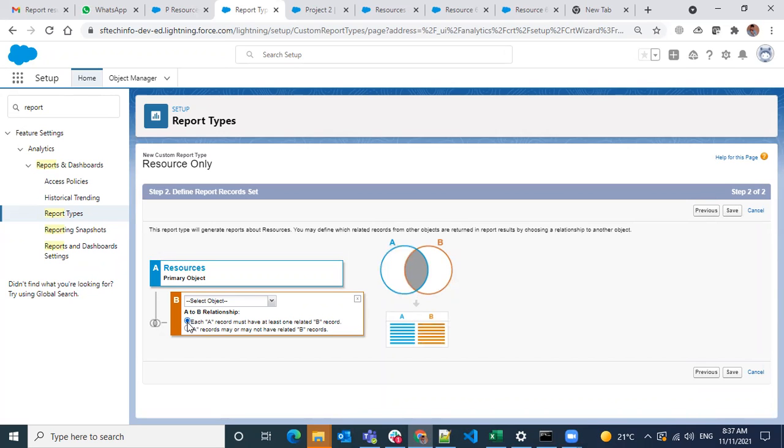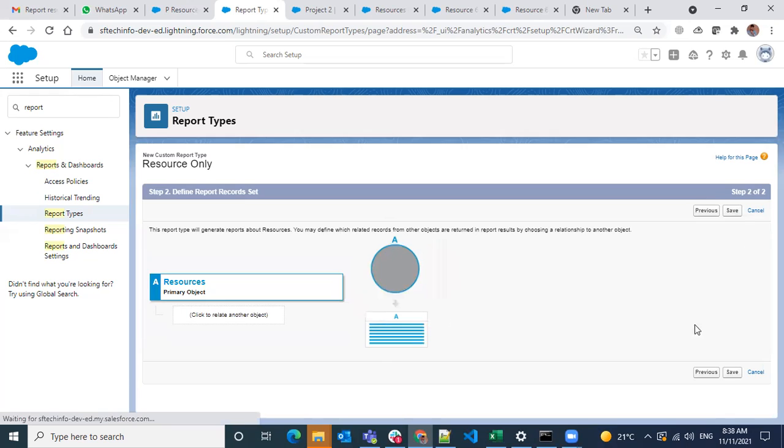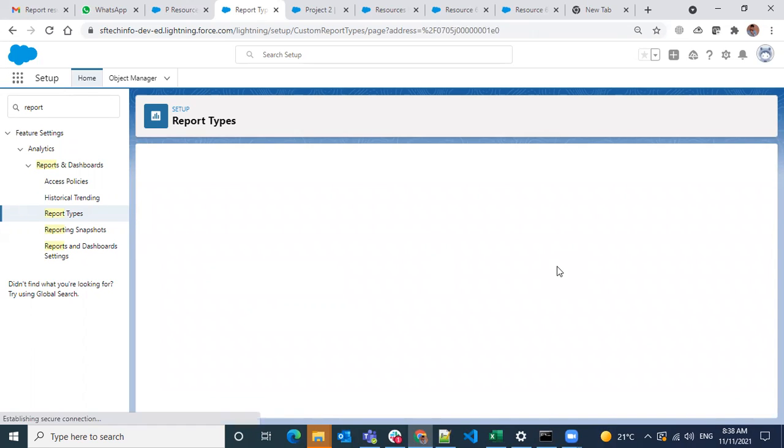If you select the first option, it will only select the intersection. That means it will display the records A which have at least one child B. Only that is going to display. So based on the report type that you're selecting, your data will be dependent. You will not see all A data, you will not see all B data. If you have a proper relation between those, only this relation will be given over here. For now, I'm not selecting anything here, and just want to see all the resources.